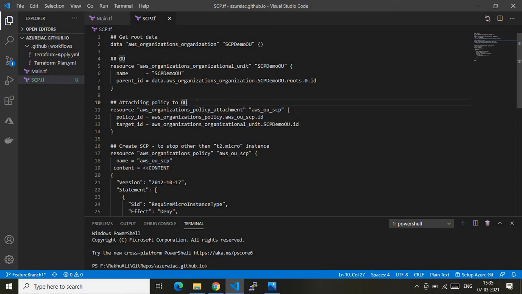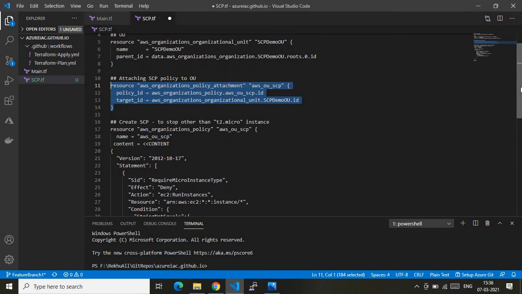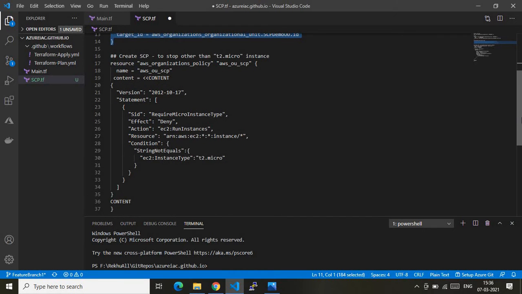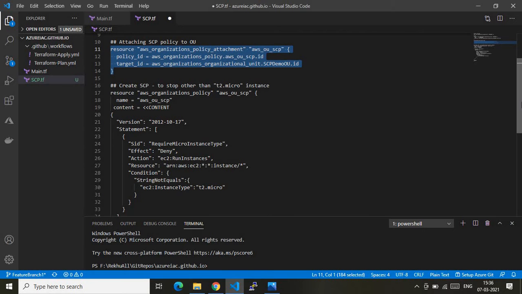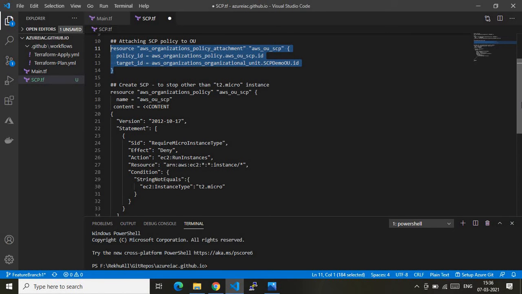The next block is to attach the SCP policy. This is the block which attaches the SCP policy which will be created below. The SCP policies will be created down there, and the same policies will be consumed here. Before I walk you through this code, let me walk you through the organization SCP policy. We can write the code in a different order, but the consumption will happen in the expected order, which Terraform will automatically identify.